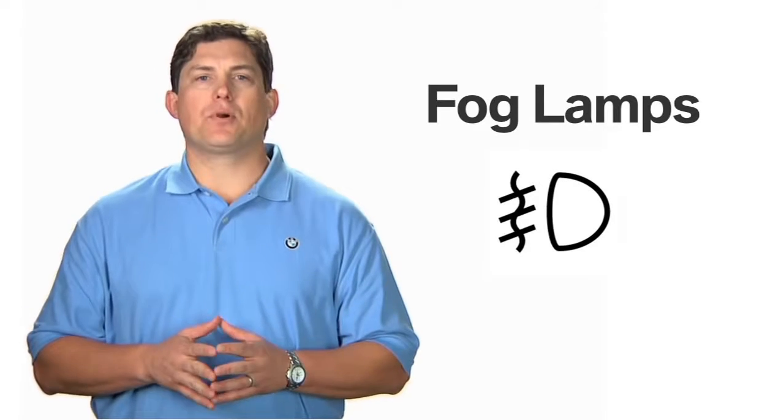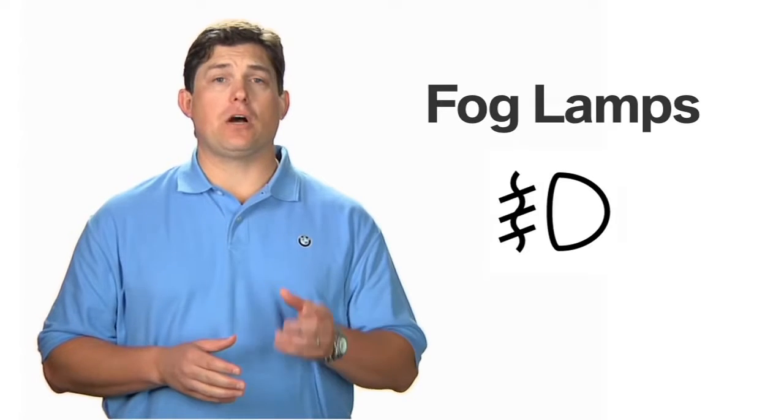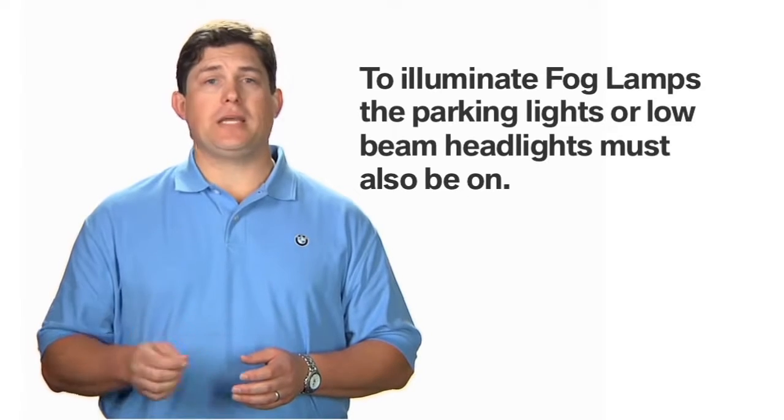If you see this light permanently displayed in the instrument cluster, it indicates that your front fog lights are in the on position. If you wish to turn the fog lights off, simply press this button next to the headlight controls. Please note that in order for the fog lamps to illuminate, the parking lights or low beam headlights must